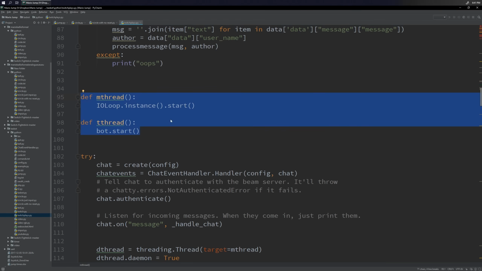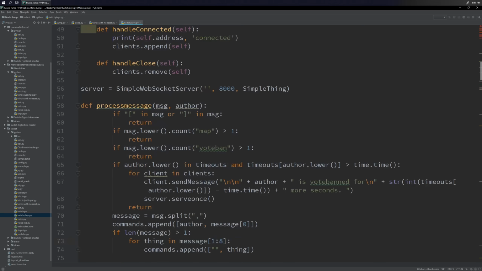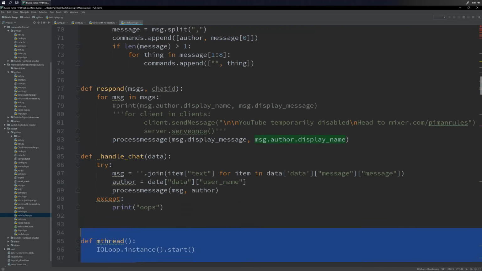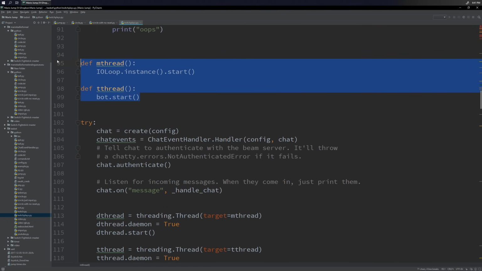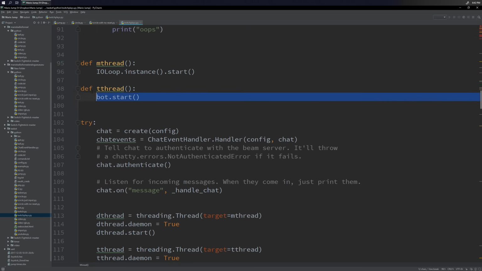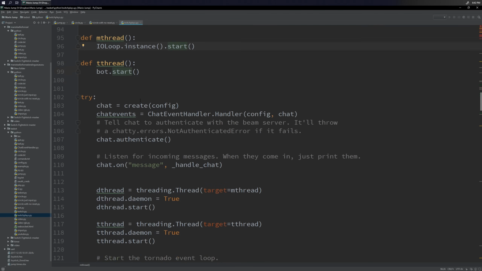Then we've got some thread stuff. This is probably initializing the Twitch bot and the Mixer bot, I'm thinking. This code should be better organized and commented, is basically the gist of it. There's a lot of boilerplate here for initializing third-party libraries for communicating with these services. There's not a whole lot I can do to make that prettier, but I can at least organize it and comment it, so looking back at it, I can better understand what it actually does. As it stands, this is just garbage. But it has to be there, right? I can't just get rid of it. It's important. It's doing something.